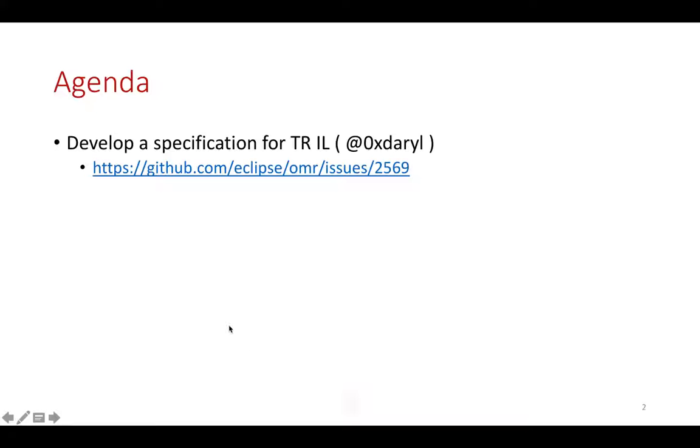So without giving a huge amount of thought to it, the parts that I came up with were treetops, nodes, the actual IL opcodes themselves, symbols and symbol references for describing references to memory, and block, which is one that Mark wanted to add to this. That was my very quick understanding of that. Anything that anybody wants to bring up there?